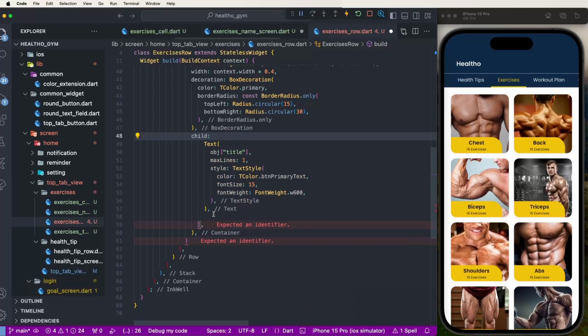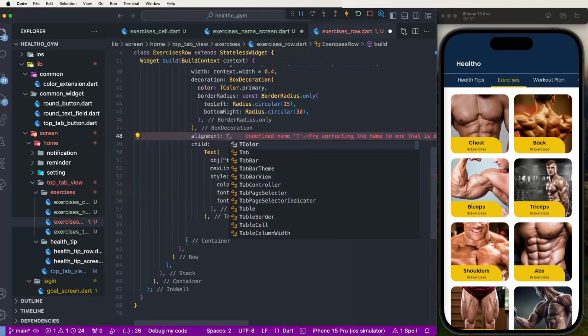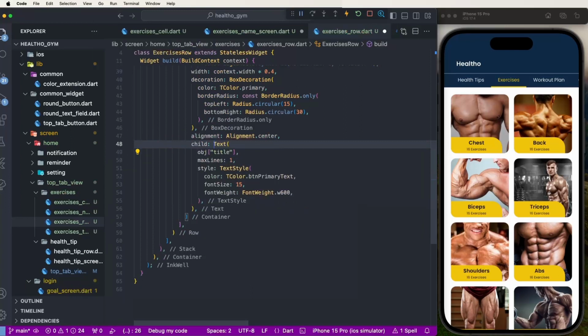Remove this column, no need, and now give the elements as a Text element, center, like this. We need to set this and save it, and then after create the